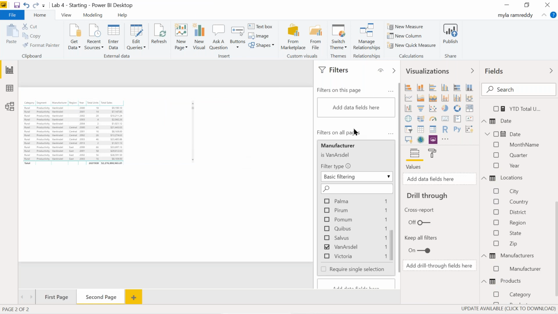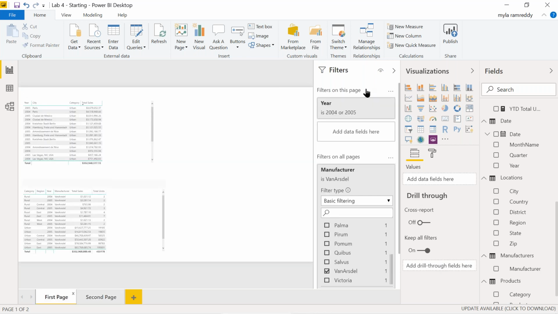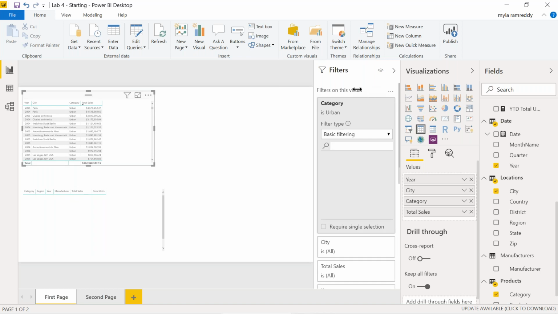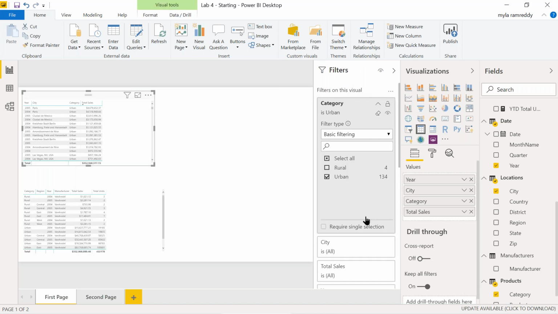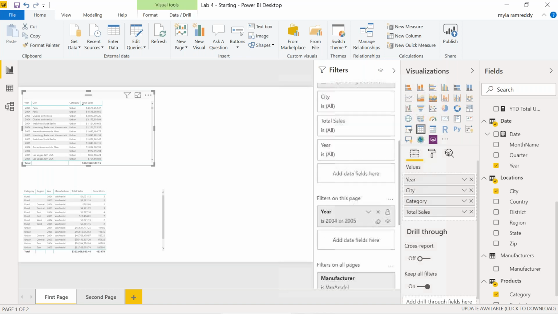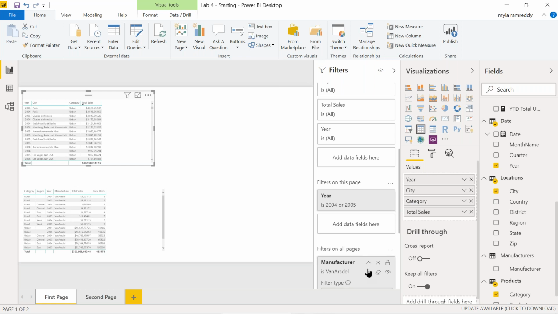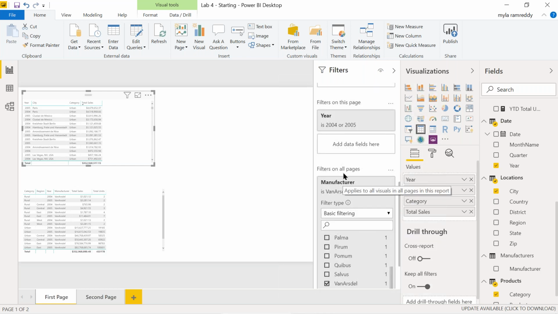One is the slicer, which you already know about. Second is drill through, which you also already know about. Third, which we introduced now, is the visualization level filter. Then we have the page level filter,